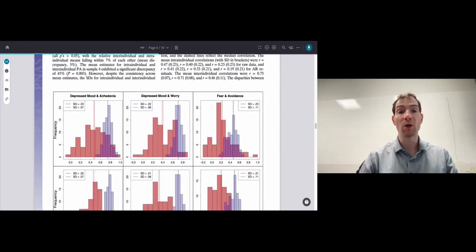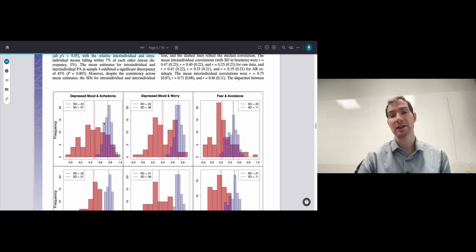So just to make it more visually appealing, here this is for the correlation value between 2 particular variables. So here, for example, they were trying to look at whether the depressed mood was correlated with anhedonia, which simply means lack of pleasure sensation. And so what you see here is that the actual intra-individual variation is huge compared to the cohort one. Okay, and so clearly these things are not the same. And by the way, in that case, the mean is completely different in both cases as well.